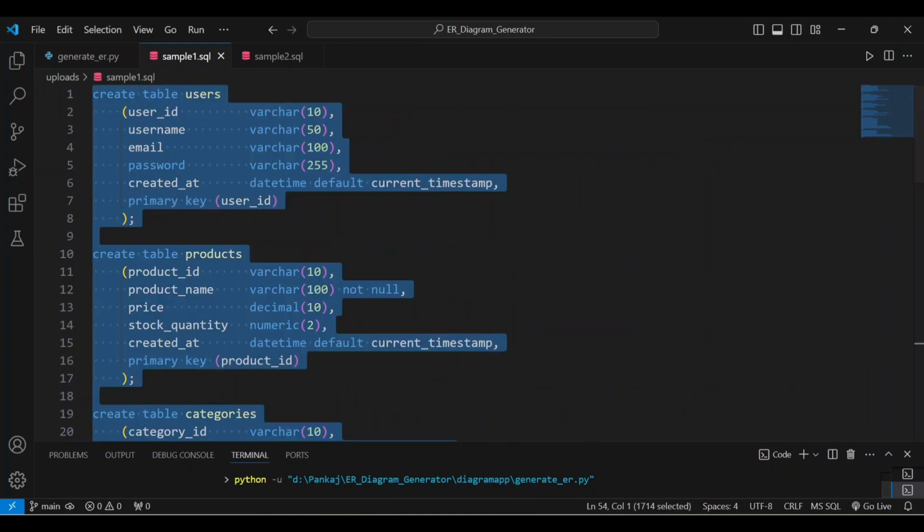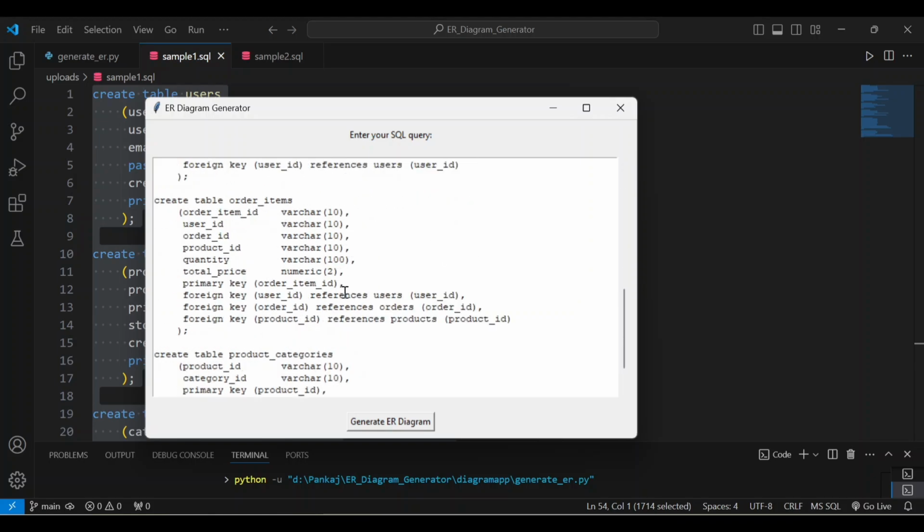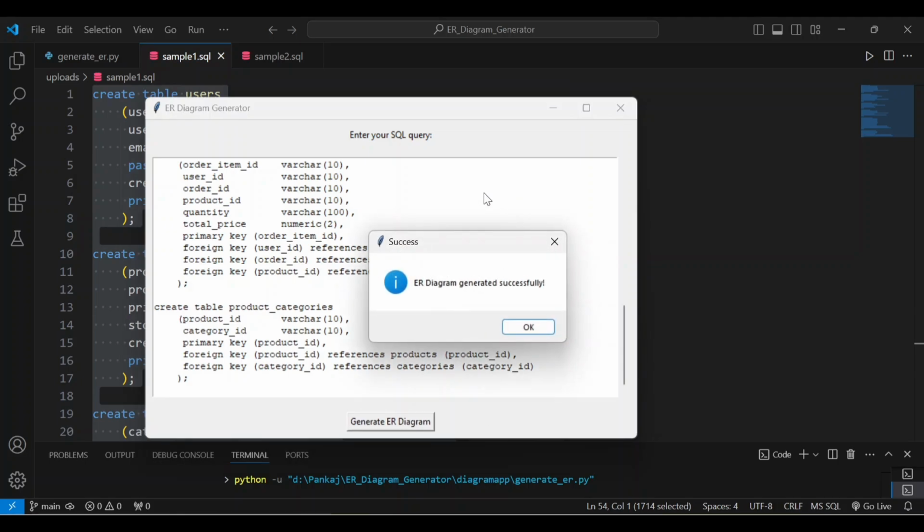If I paste it here in the window, then after pasting the SQL schema, you have to click the button Generate ER Diagram. If your code is perfectly executed, then you will see the message ER diagram generated successfully. If we click on OK,